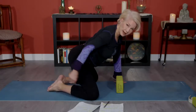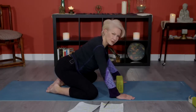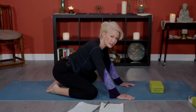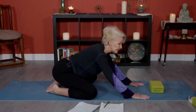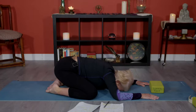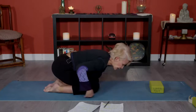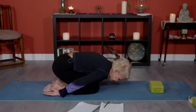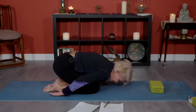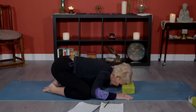Tops of your feet are still flat with your toes pointing backwards. And then again, slowly. I used to get cramps all the time in my feet when I did this. And then I just discovered that if I went real slow, I didn't get the cramps. So come on down. Lower your forehead to the floor. Whether your knees are together or apart, if you are able to bring your arms beside your body, some of us will be able to lower our heads to the floor, but use whatever you have to get into this